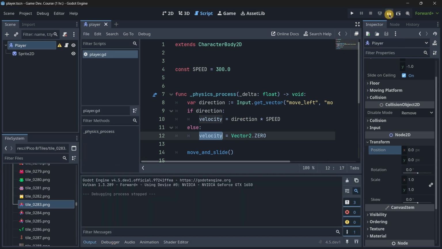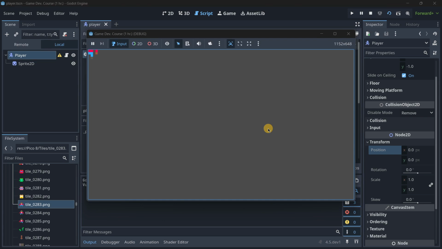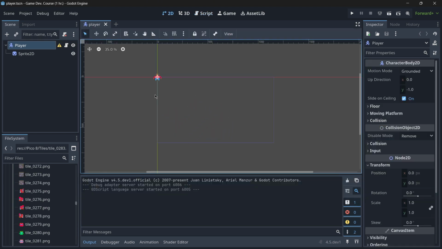So now when we run this scene, once again, press over here and not in play current and not in run project, those are completely different. And when we press the W, A, S and D, well, we have our player moving around and everything is working perfectly fine. Now in this new section, what we're going to be doing is actually adding a tile map,